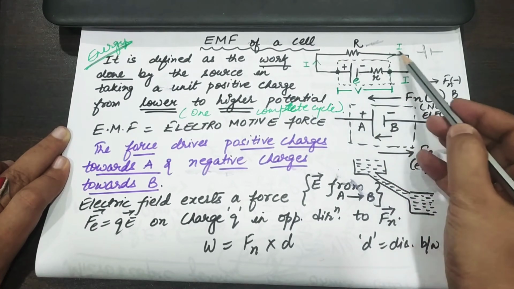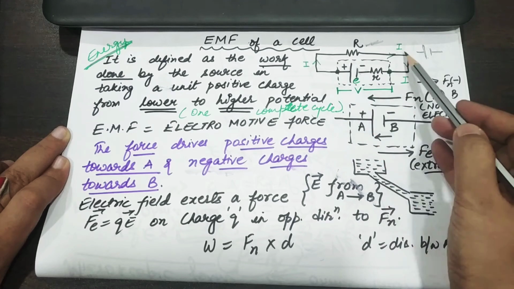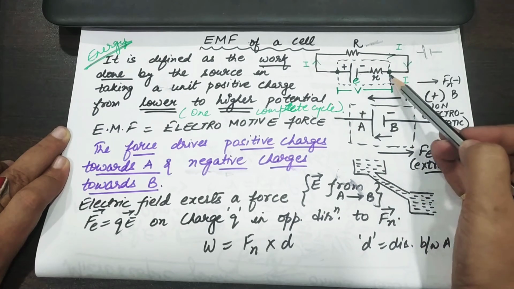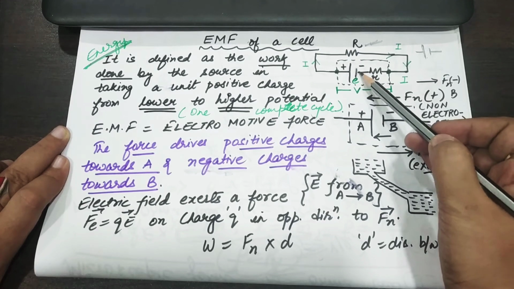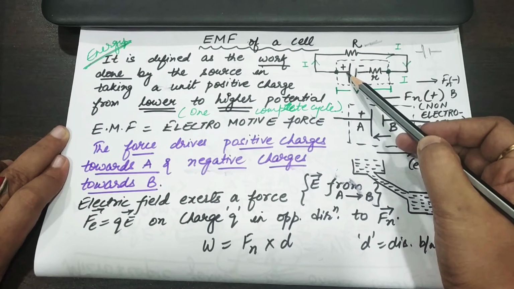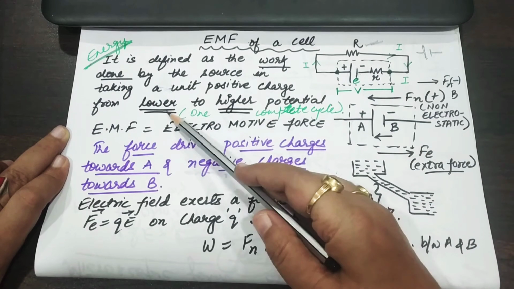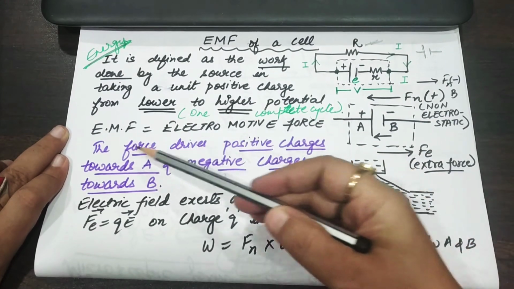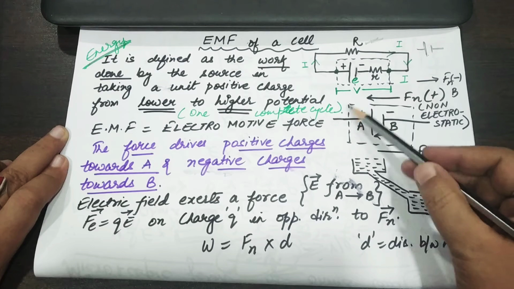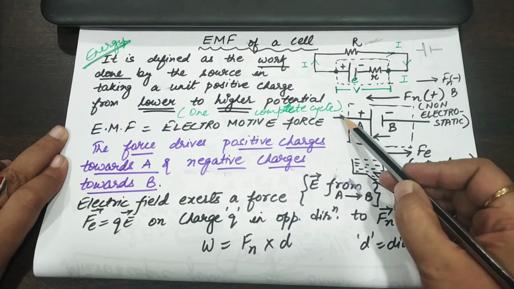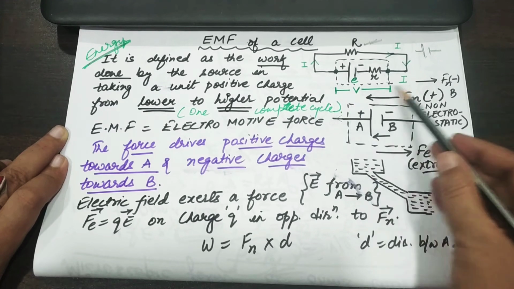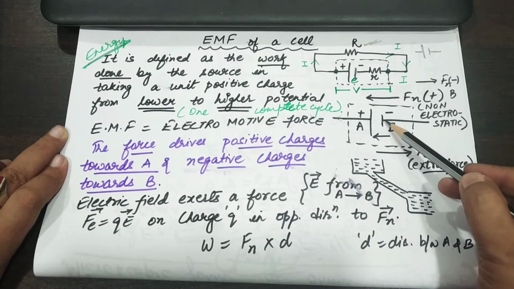बाहर cell का जो current है, that current and charge carriers will flow like this. But inside the cell, the charge carriers have to move from negative terminal of the cell to the positive terminal of the battery, right? So that is why lower to higher potential. So electromotive force, say suppose we have taken this cell in a different form. Say the current is flowing from an external circuit and coming back and entering here.